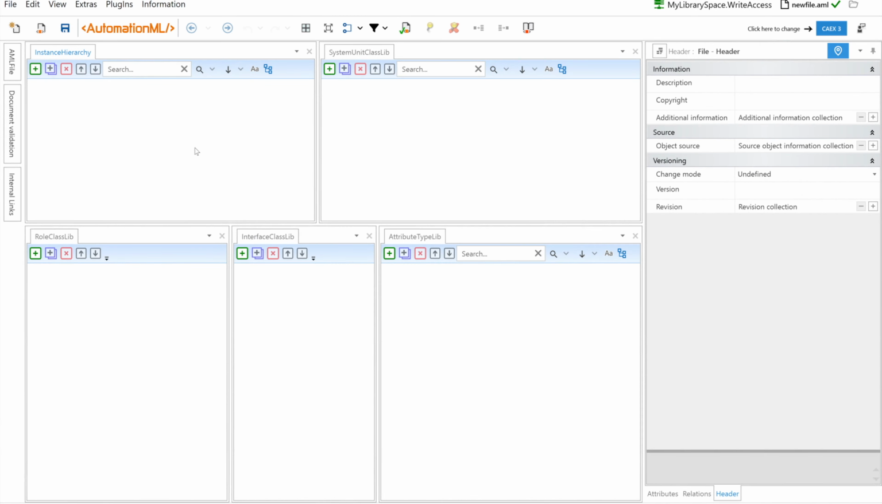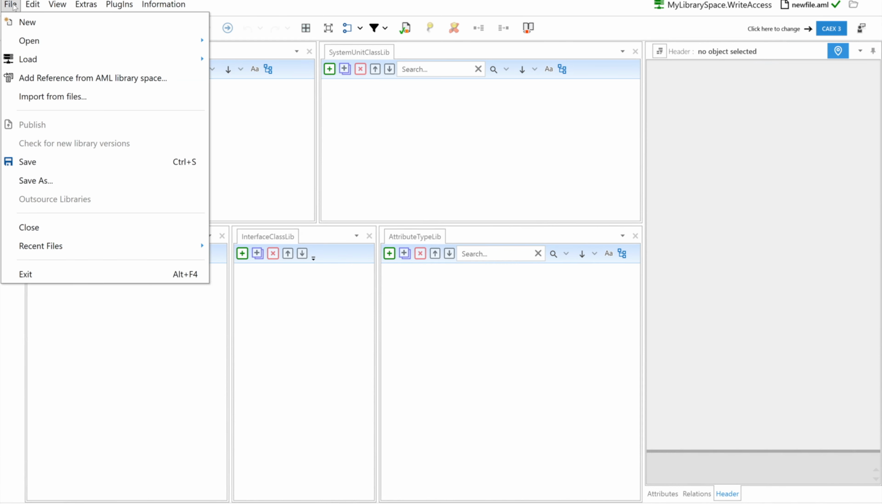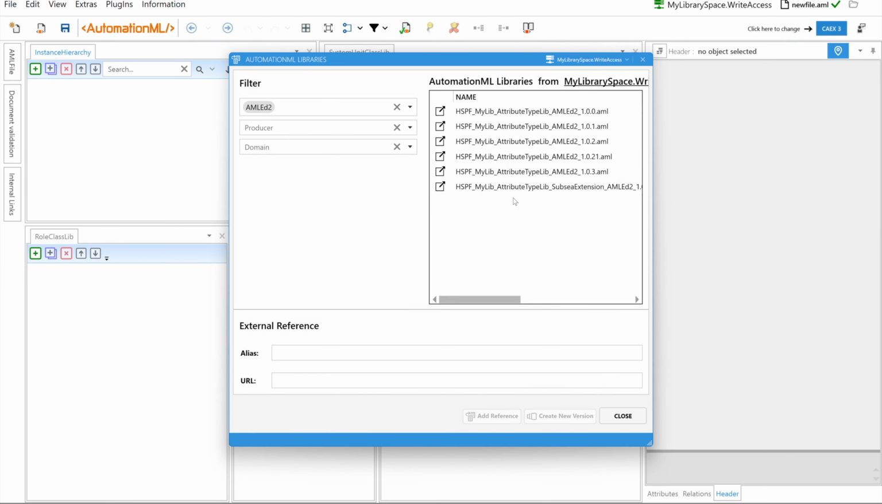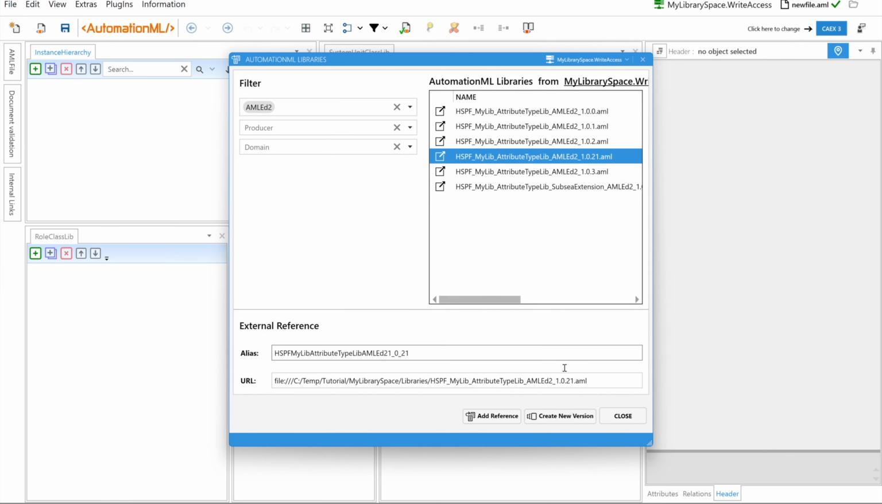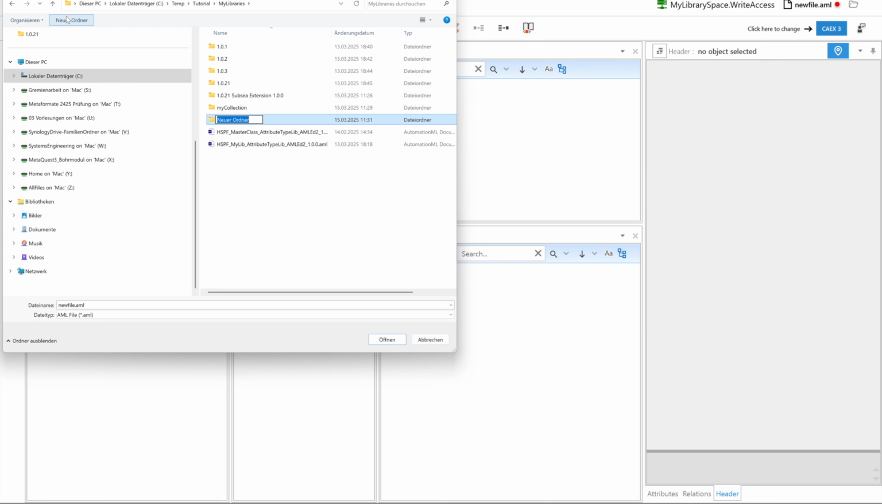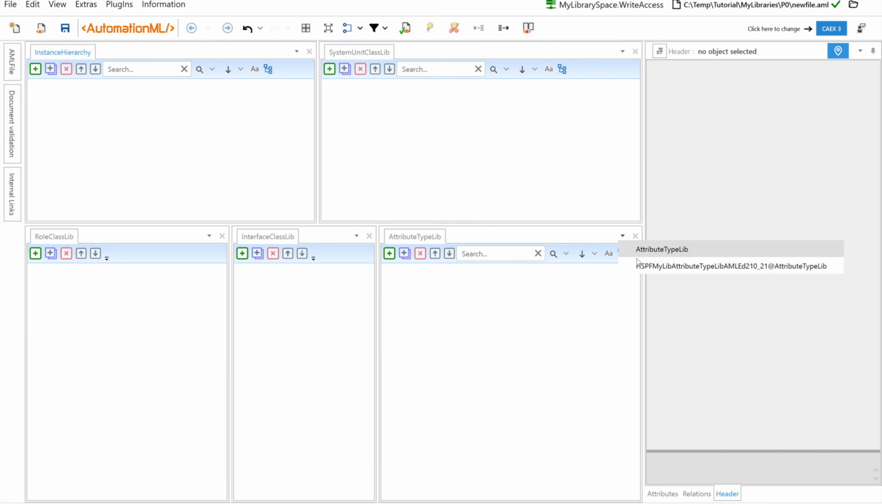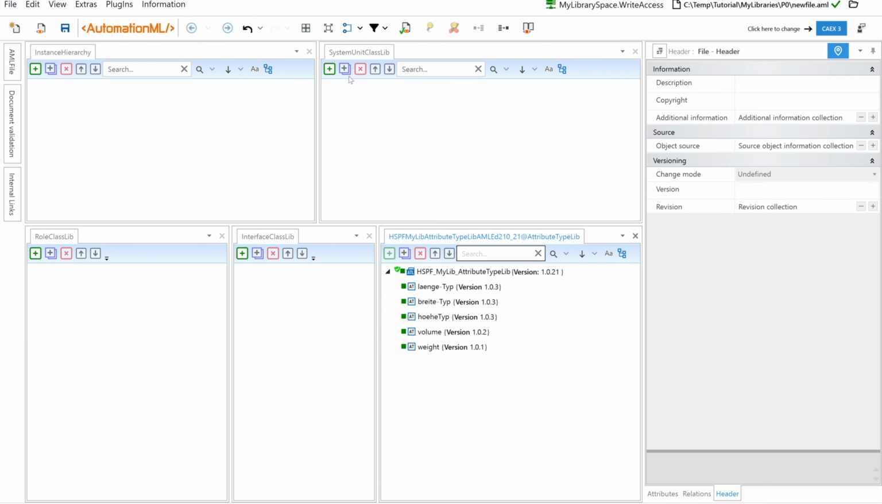How can you model and publish examples? First of all, I'm going to create a new and empty document. Then I reference a library that I want to use. For instance, my attribute type library. I add a reference and I store my file. It's now a project file. I give it a new folder, P0. This is my example file. And you see that I have access to the library. Now I can develop my product